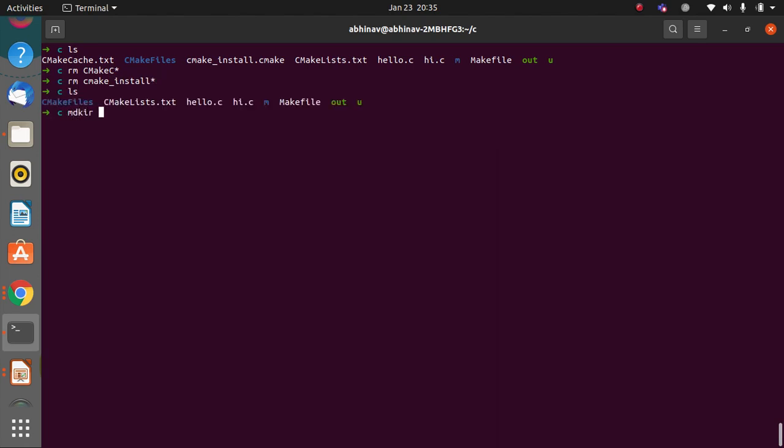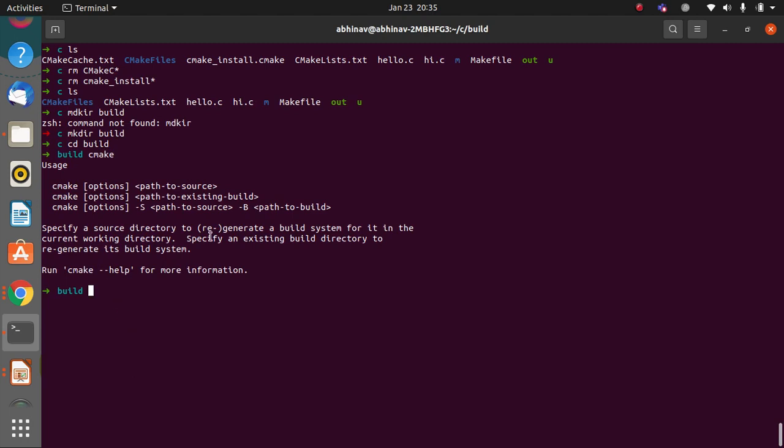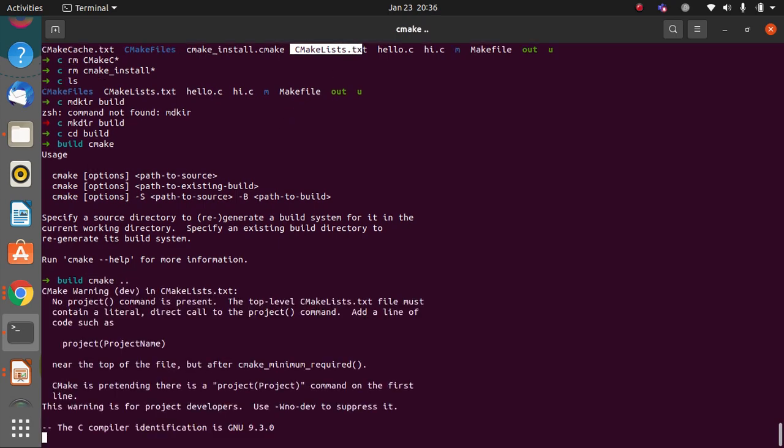So let's create one directory with the name build, where we can put everything related to the build. Once we have done mkdir build, go into build and run CMake there. It will again not be able to run, because it cannot identify where our CMakeLists.txt is. CMake searches for CMakeLists.txt, and if that file is not there, it won't run. It is in our previous directory, so just put ..,